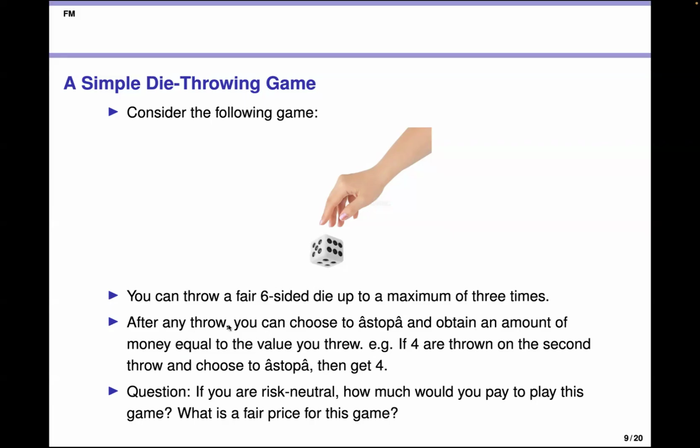After any throw, you can choose to stop or to continue. If you stop, you get an amount of money equal to the value you threw. For example, if it is 4,